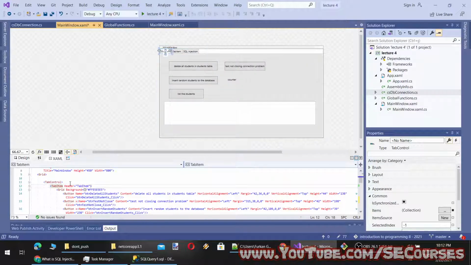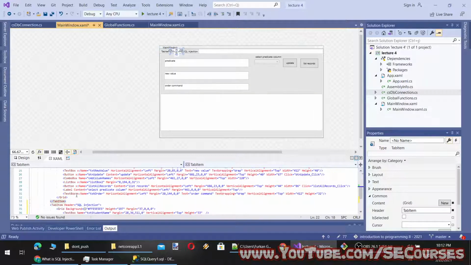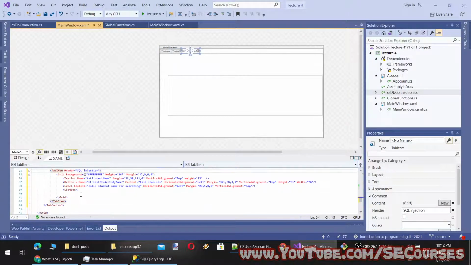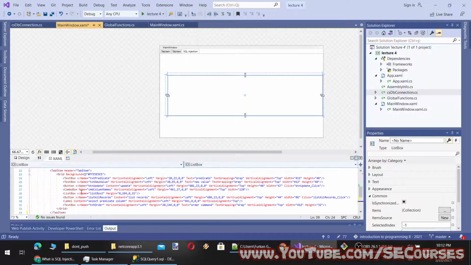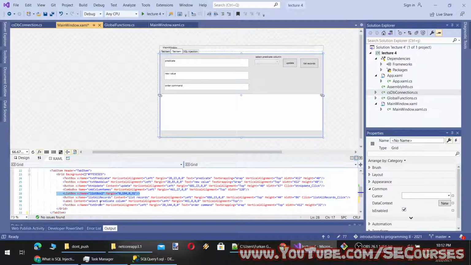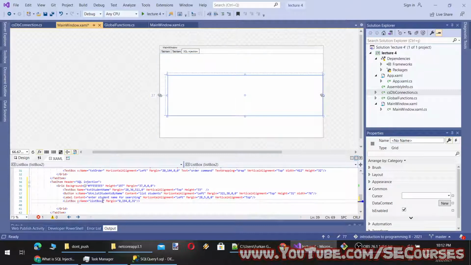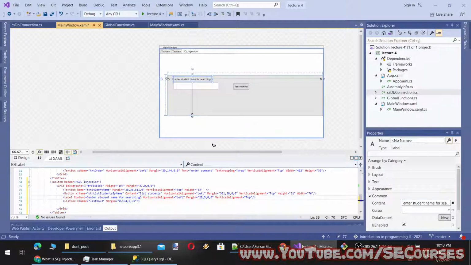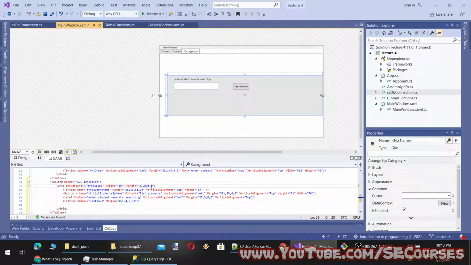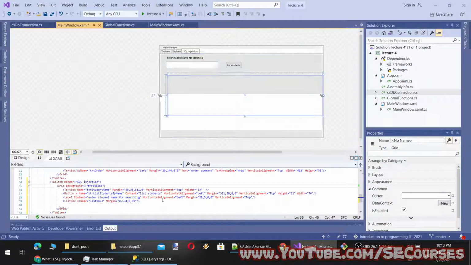We have tab control, tab item 1, tab item 2, tab item 3. And here we have a list box, okay, I will just copy and paste this as list box 3. Okay, we will remove this. Yeah, now looking good.